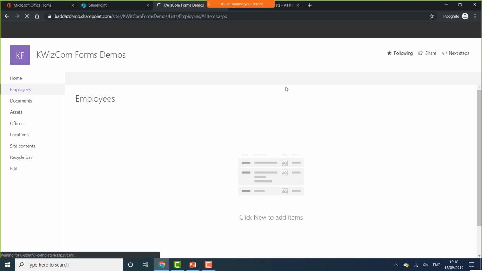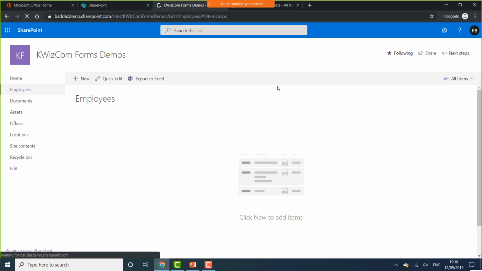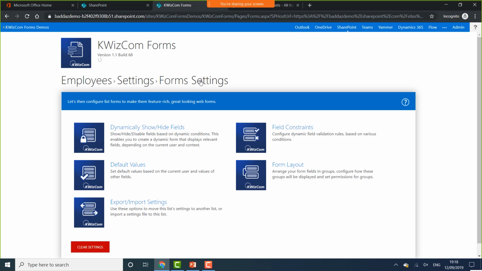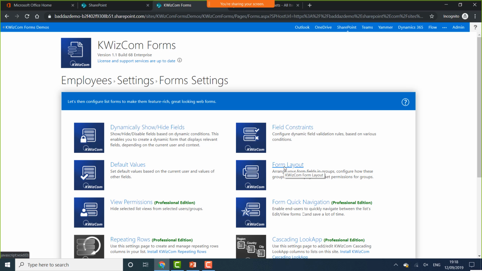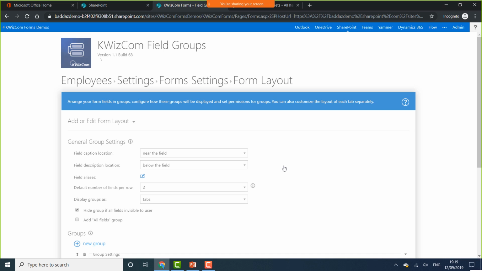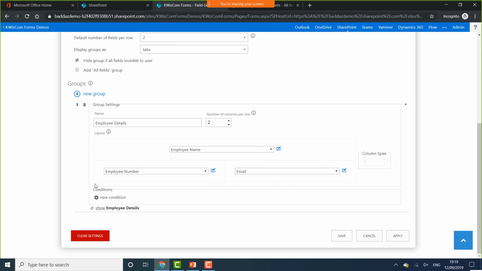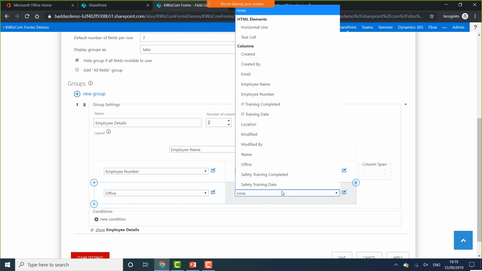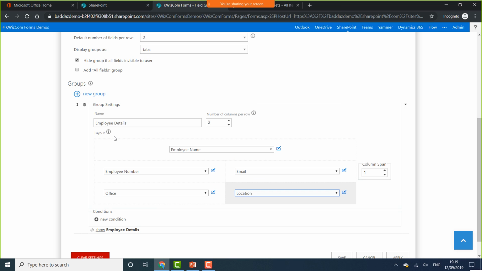So I've set those two fields up, and now I'm going to add them to my form. To do that, I go back into the Quiz Conforms app, and I just go and add those fields through form layout. So I'm going to add office, and I'm going to add location. And now while we're here, we'll add a couple of extra fields for my